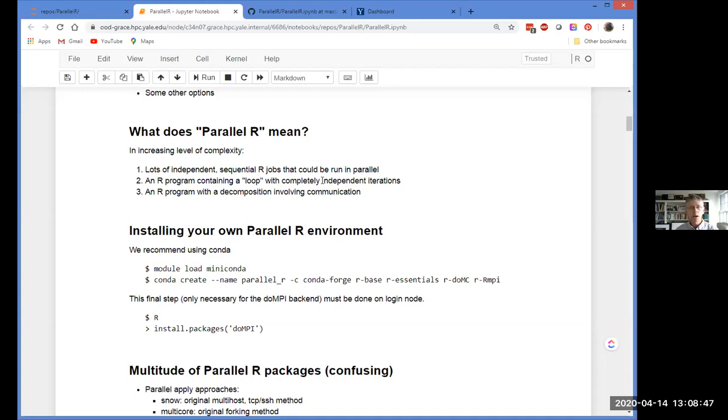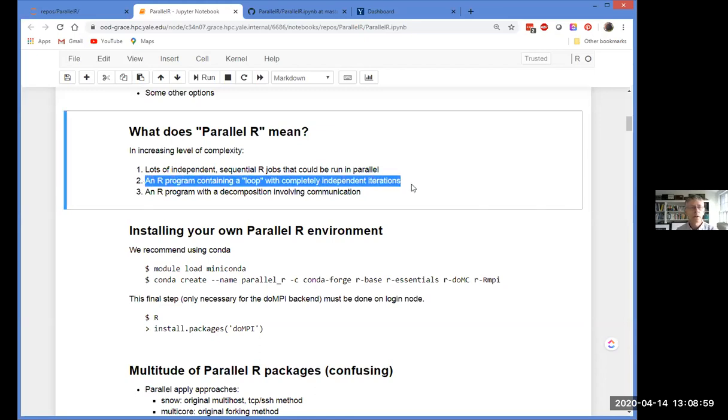It's really an advanced topic, and I'm not going to cover that today, because this really is an intro presentation. So we're going to focus pretty much entirely on case 2 here, where we've got some kind of loop of independent iterations, and we want to find a way to do that with lots of different CPUs so that the computation happens faster.